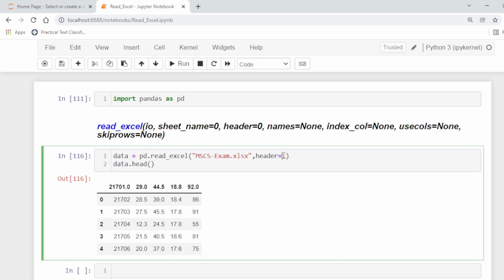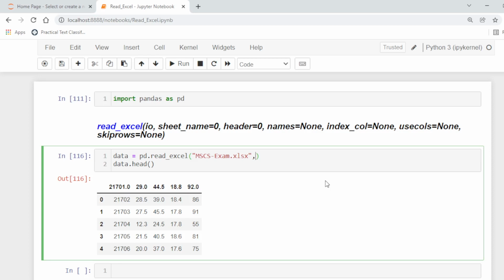Names, next is index_col. By default, pandas uses an index number for each row from 0 to n minus 1. So you can change this. If you want to use some other index, you can use index_col.